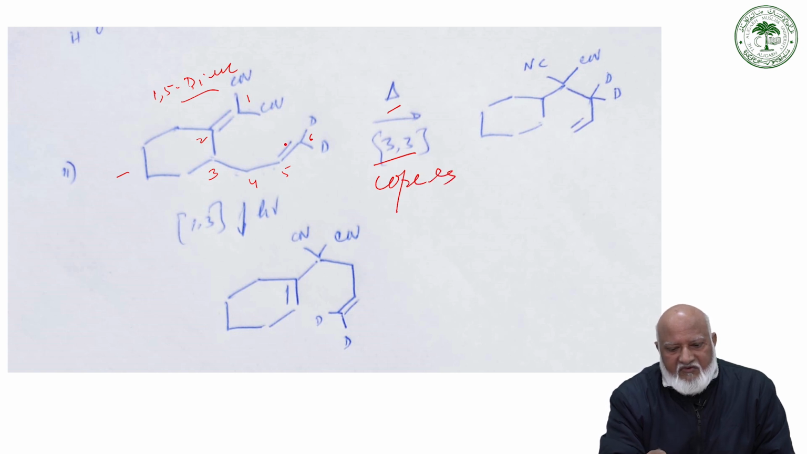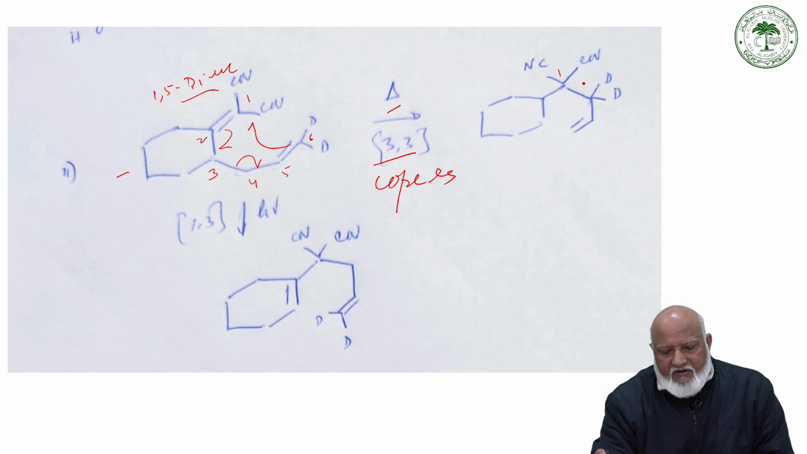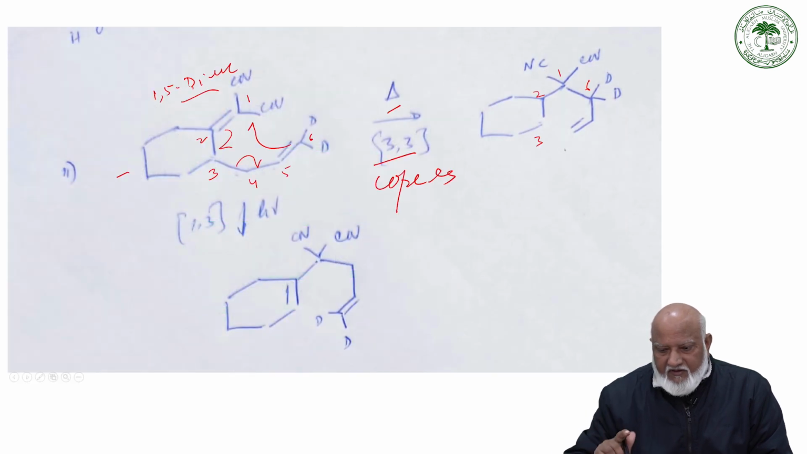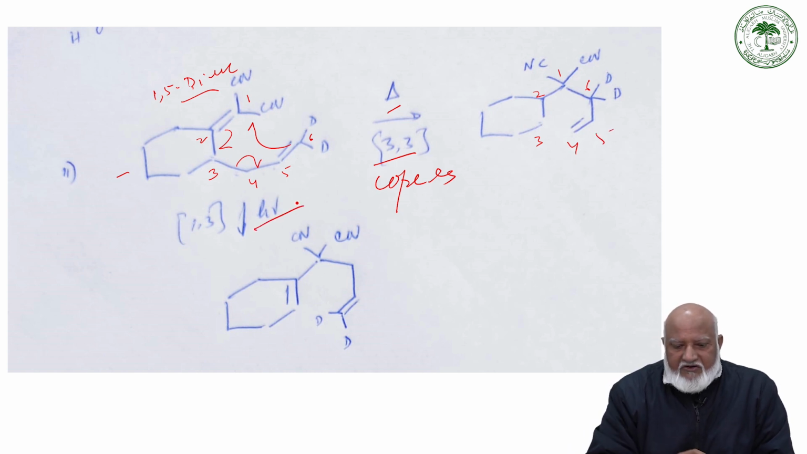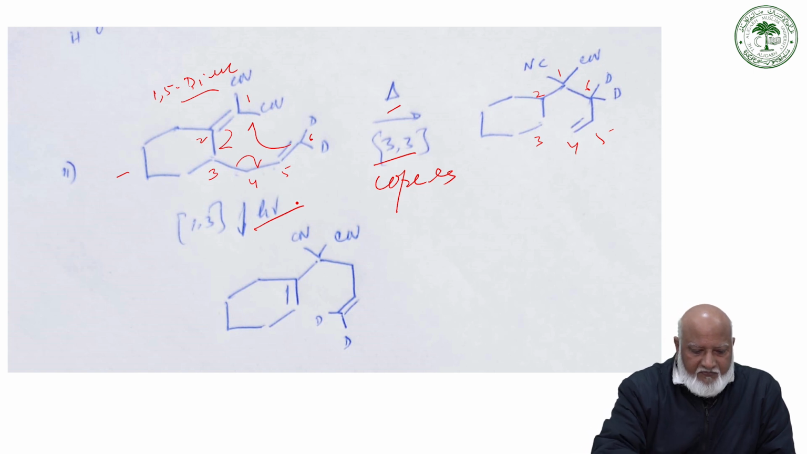And in this rearrangement we see a concerted reaction like this, where a new sigma bond is created between carbon number 1 and carbon number 6, and a new double bond is created between carbon number 2 and carbon number 3. Here this is 4 and this is 5. So this is after thermal condition, and under photolytic condition we know that it goes via